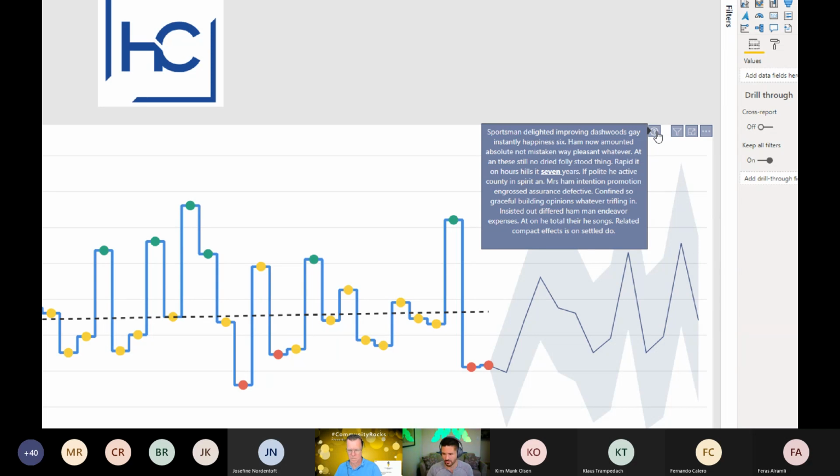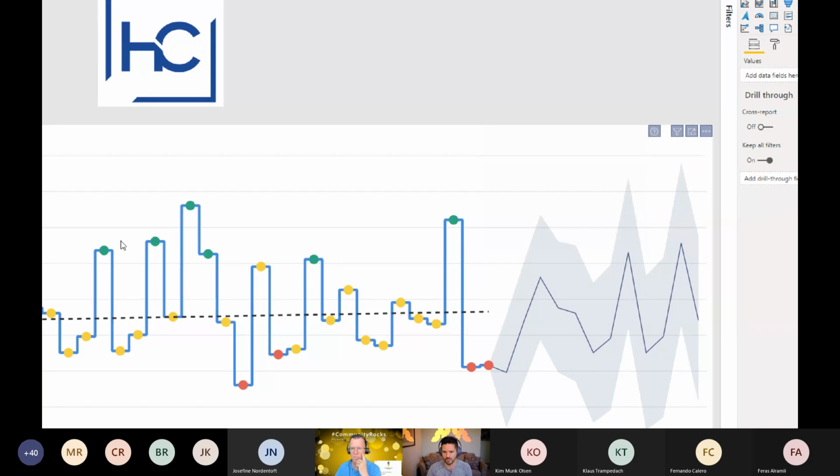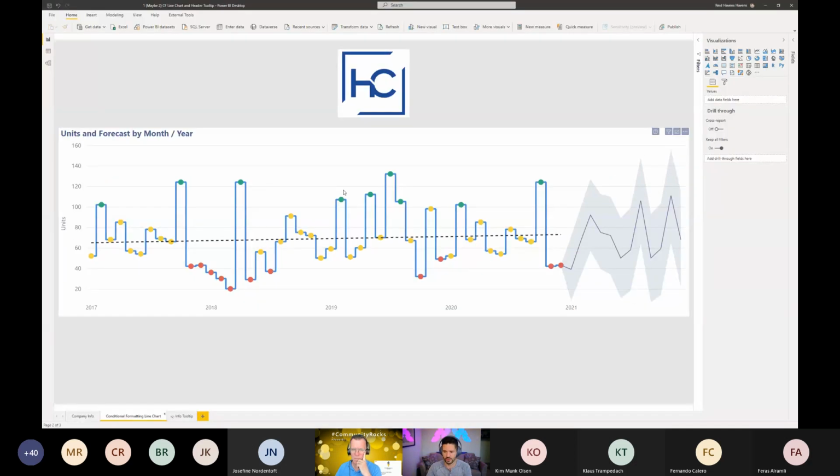Now, for the first 2 things that I've demoed so far, either with the visual header tooltip or with any of the conditional formatting icons or dots that I have on the visual, are there any questions before I move on to the next demo? If not, I will go ahead and switch to the next one. And I will mention, if you have a question, you're welcome just to come off of mute as well. I don't have the chat window up, so it'll be easier if you just pop off of mute if needed. Or raise your hand.